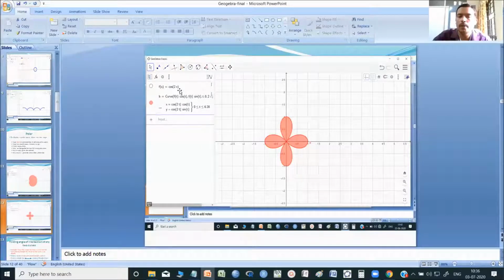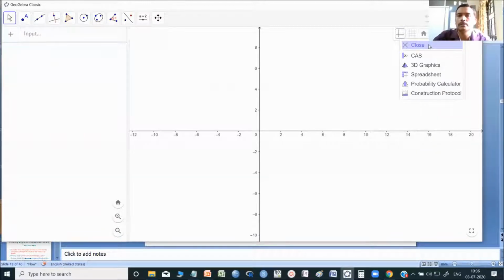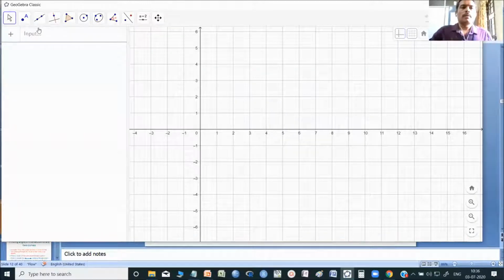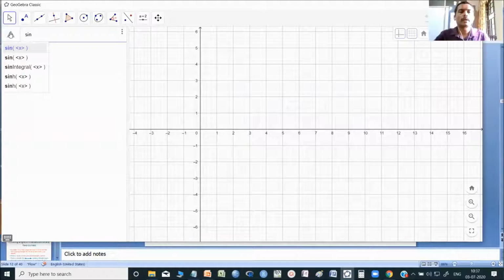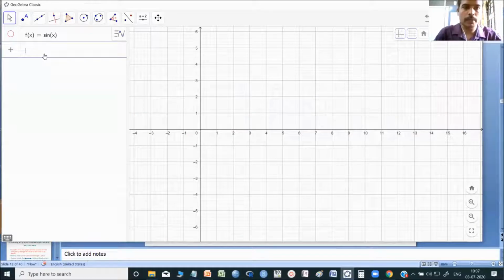Okay, how can we do that? Just go to the, here I have an option. I'll close this. Now I will take any function, say the sin x function. Then this is the sin x, which I don't want to show. There is an option here, as I said, you can hide the function. Once that is done, you take any number, say,